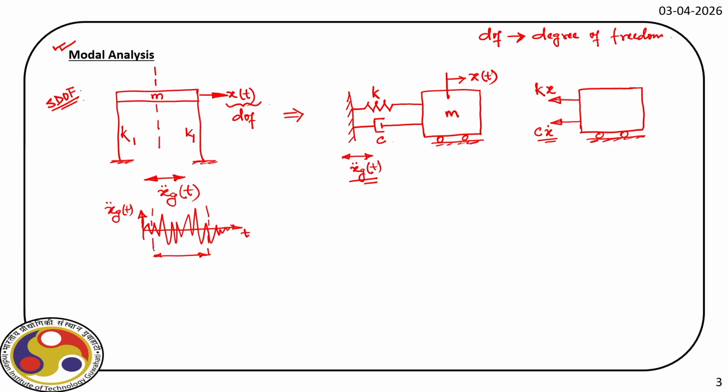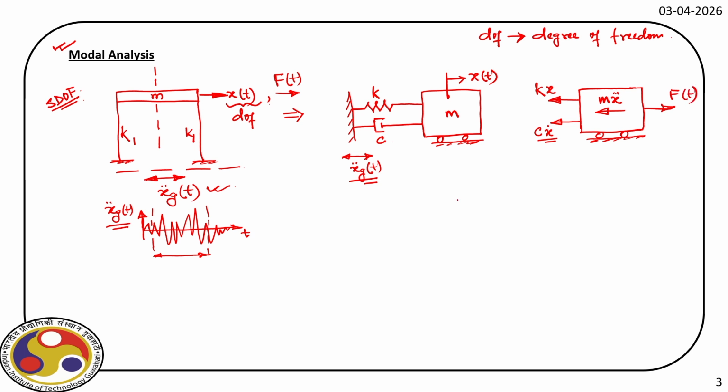Now, the moment it tries to move to the right due to some ground acceleration, there will be inertia force also, which is defined by m x double dot. And if there is a force, not this earthquake, for the time being, let us just assume that there is a force acting and that is causing the vibration. We can actually transform this ground motion into an equivalent force F of t, but again, let us not worry about that. So if there is a force, obviously that force will come here, which is F of t.